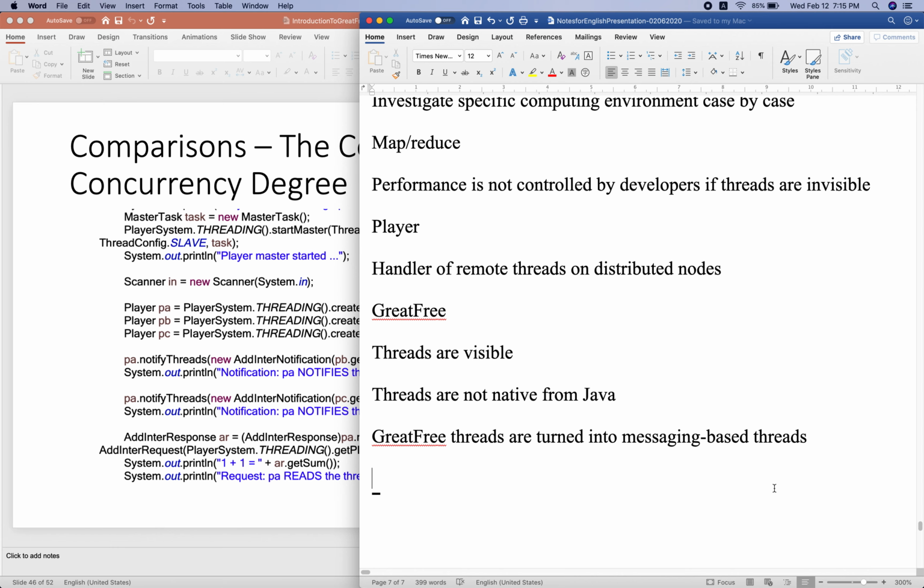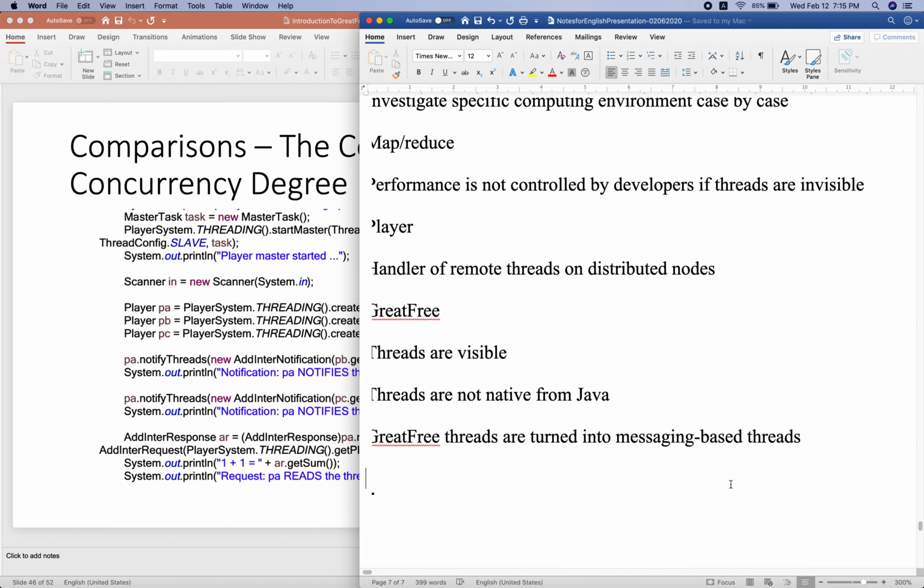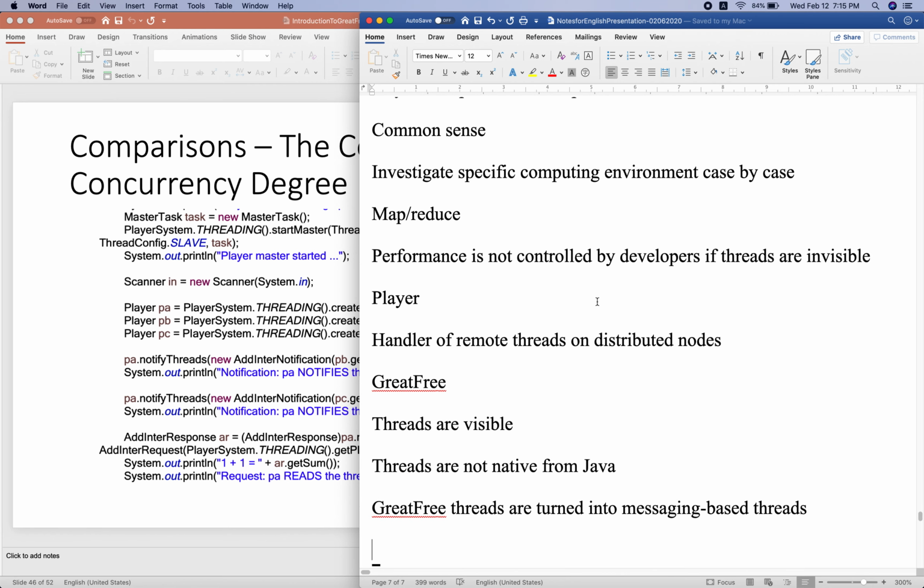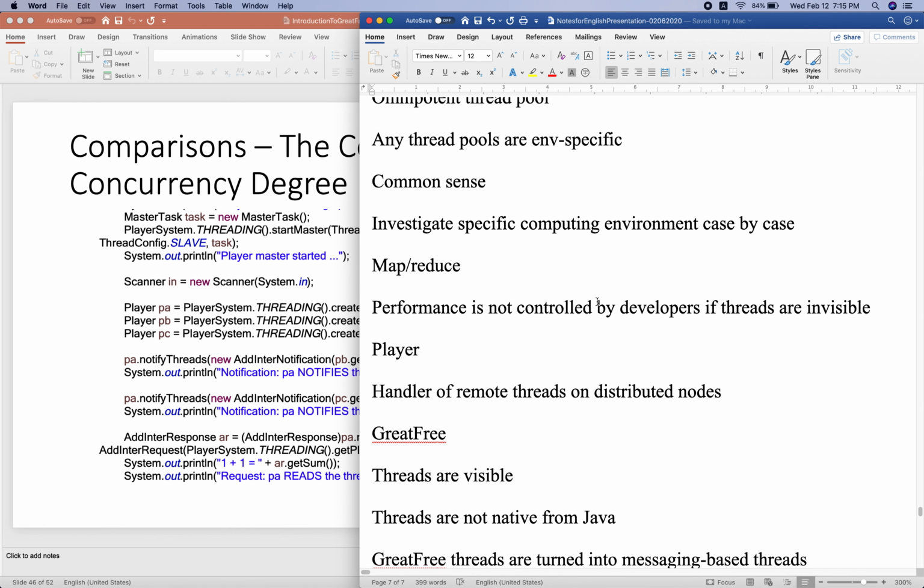If threads become visible, that means developers can program with threads to adapt to specific distributed computing environments. They can provide a highly accurate concurrency model.